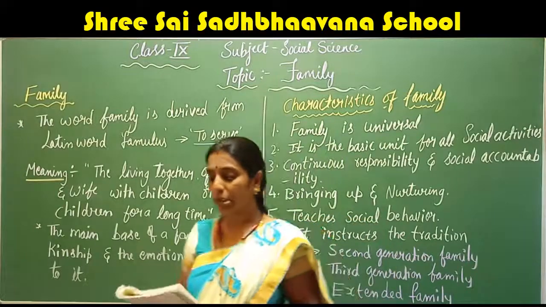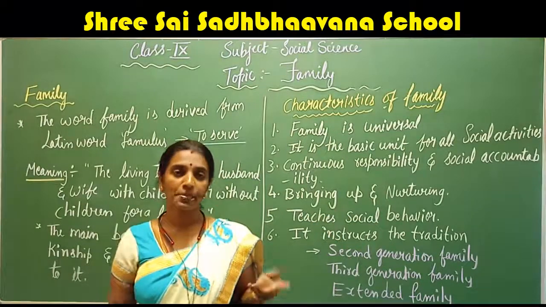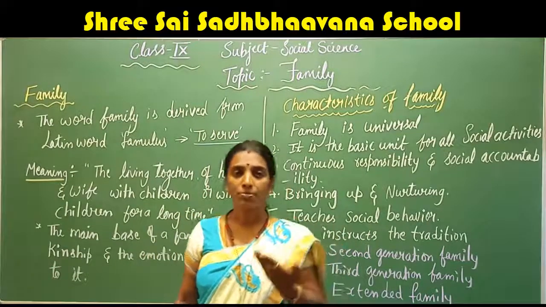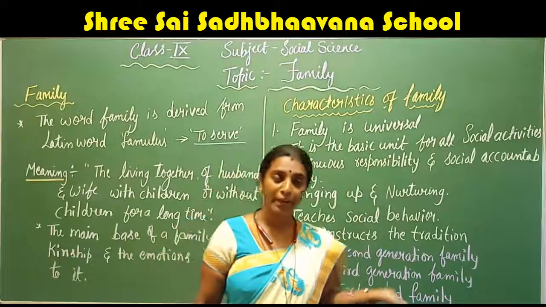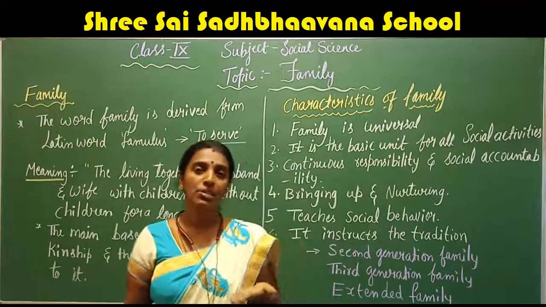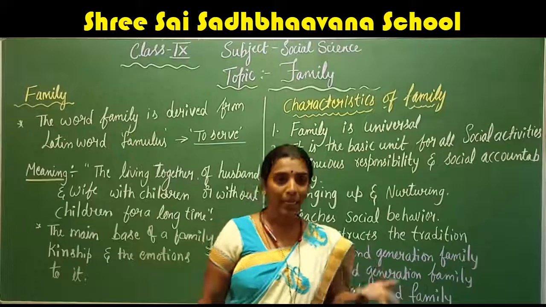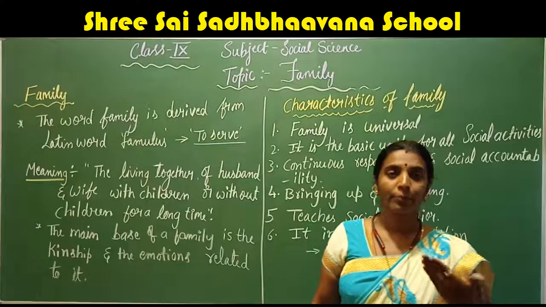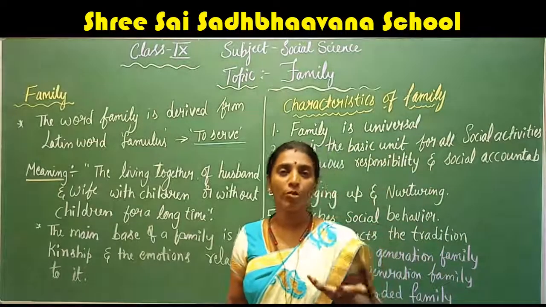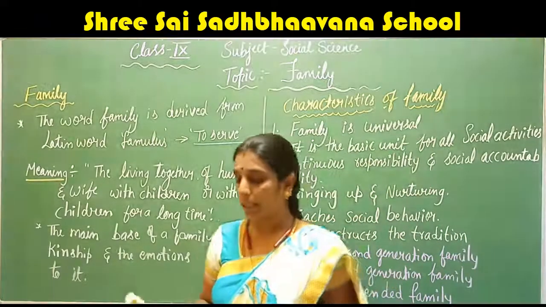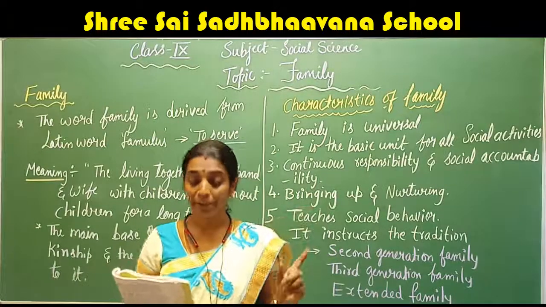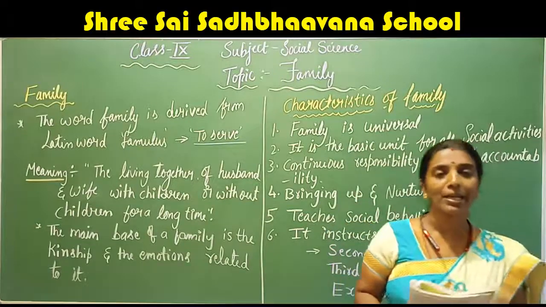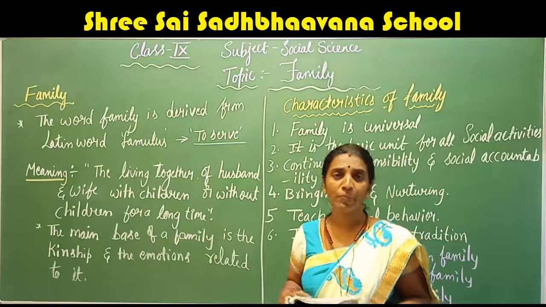The same way, family includes several generations. It introduces the kinship. For example, in your family, your parents will be talking about your grandfather, great grandfather, your uncle. So it will introduce your blood relationship. If you are staying far away from your other blood relations, your family will be frequently telling you about them. It outlines the relationship between grandfather, grandmother, father, mother, and siblings.